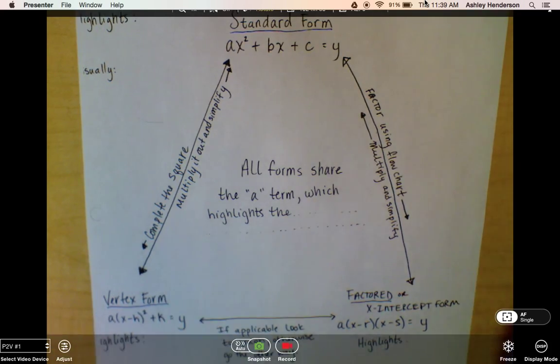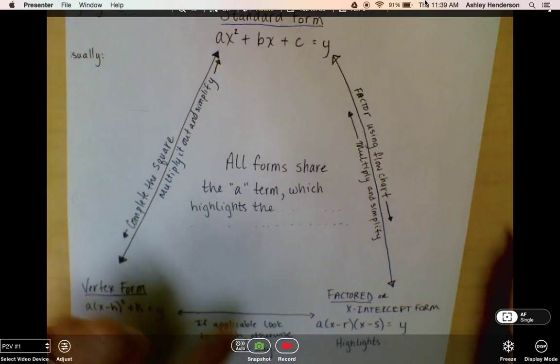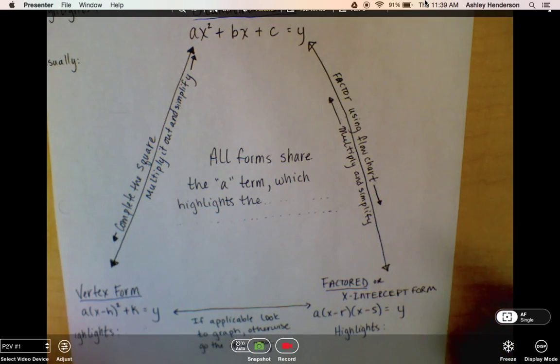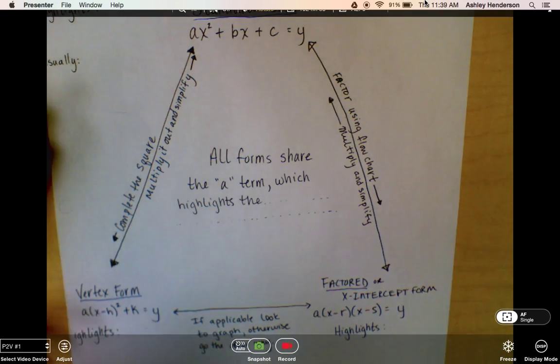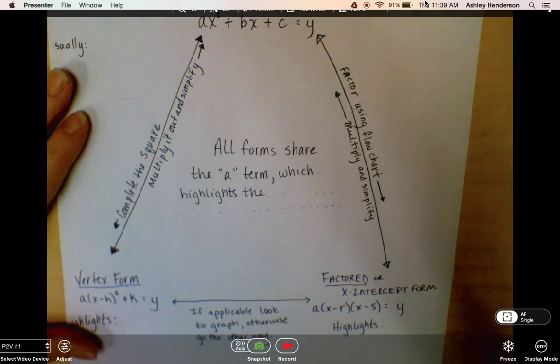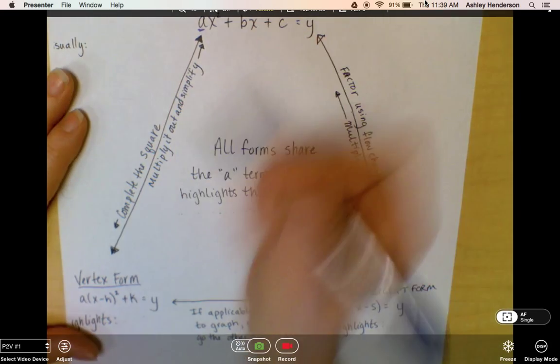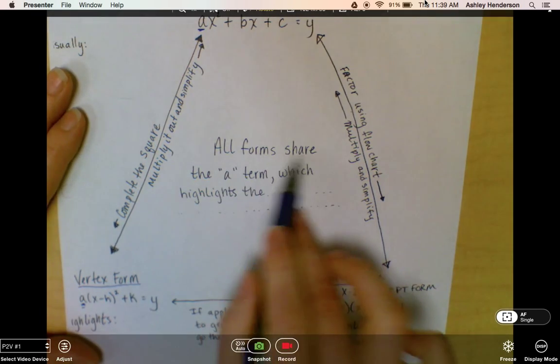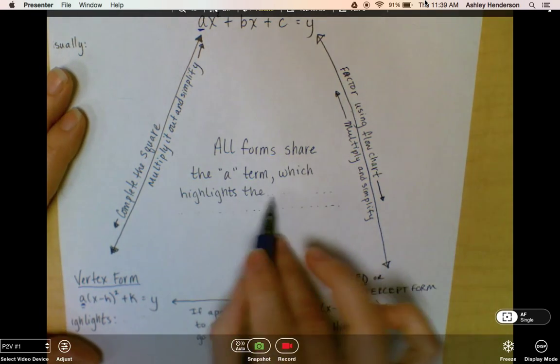And it's not like number 1, number 2, number 3. They just happen to be the three forms of them. So things that you might notice when you're looking at these three all at the same time would be that they all contain this A right here. So all forms share the A term, which highlights the